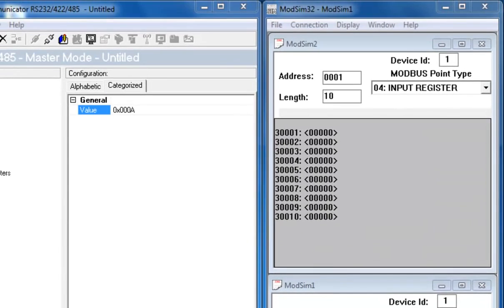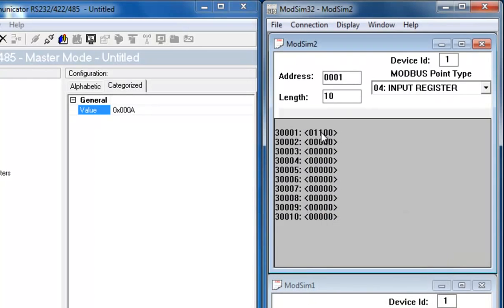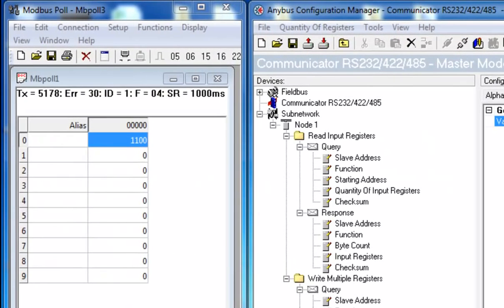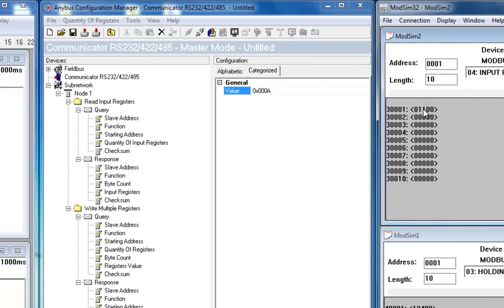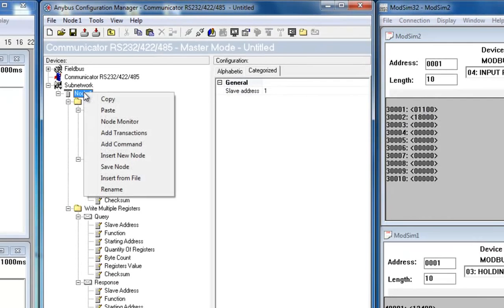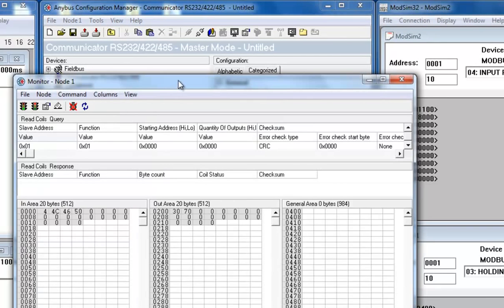I also want to check that the configuration works from the other side, from the slave to the controlling network. I therefore double-click on the first value in the input register of the slave and change this to, let's say, 1100. And I can see that this is automatically transferred to the ModBUS TCP side. Turning back to the Anybus Configuration Manager,